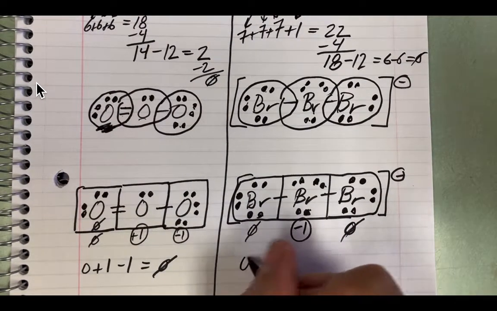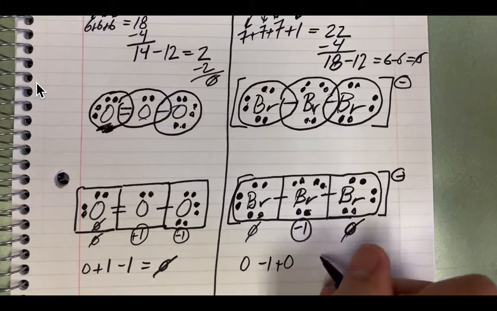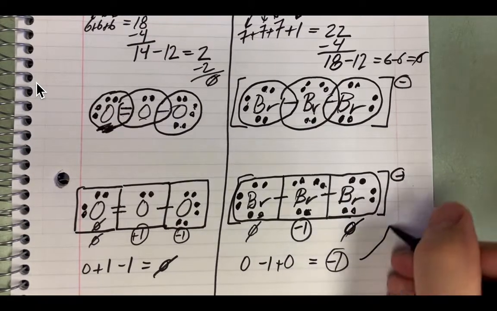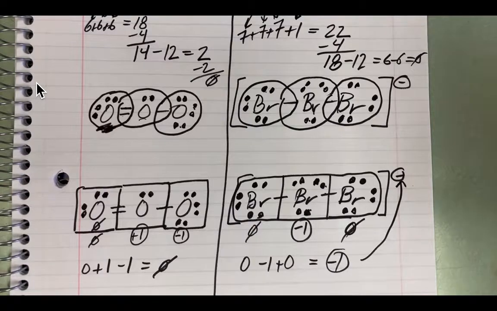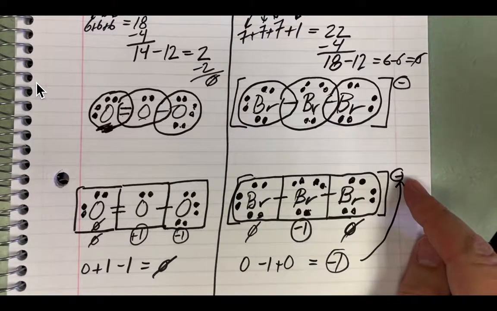And so the total charge, 0 minus 1 plus 0, is equal to -1. Okay, so summing up the charges on each atom has to give me the charge of the anion, if it's an anion,